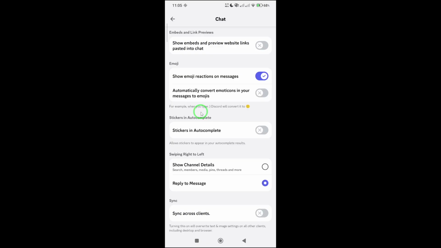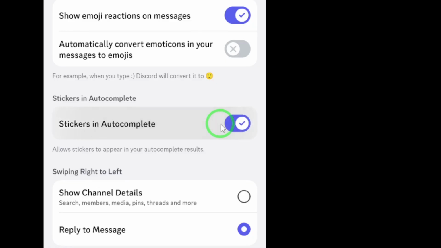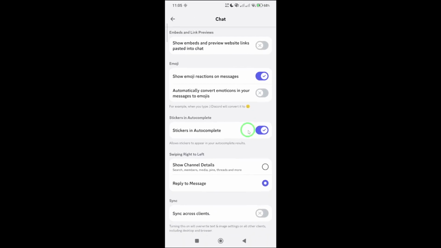By default, this feature might be turned off, which means stickers won't automatically show up when you type related words or emojis. To fix that, simply toggle the switch next to Sticker in Autocomplete to turn it on. Once the switch is enabled, Discord will start showing sticker suggestions while you type, just like how emojis and GIFs